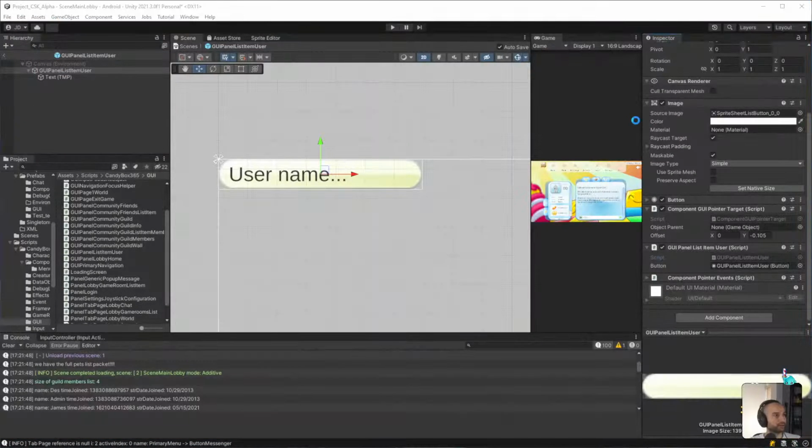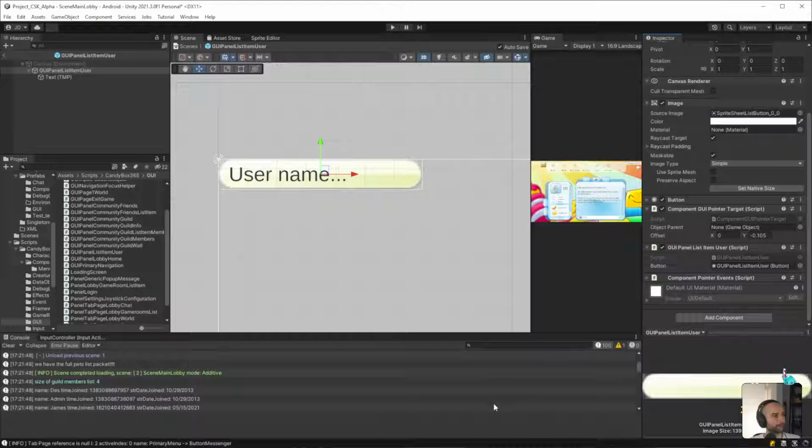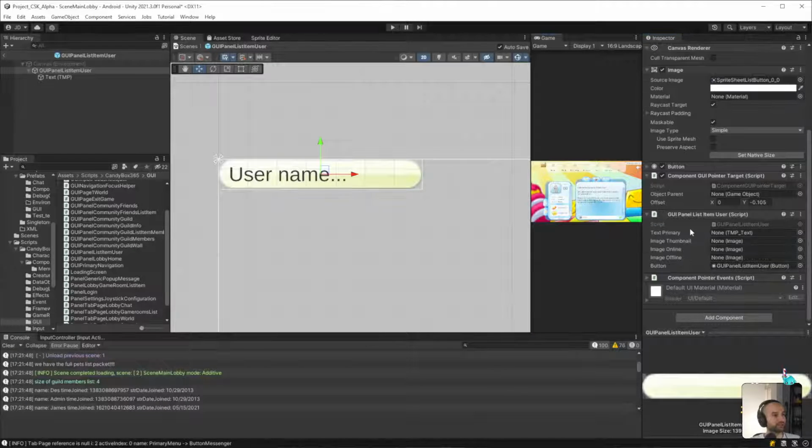Let's see. It should have potentially given us some errors. Or maybe not. I think it would have just given us blank fields. There we go. Blank fields. Okay, so what we're going to do then is, do I even need to do this?